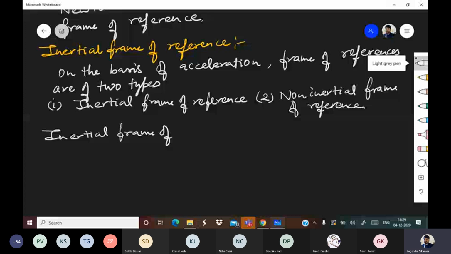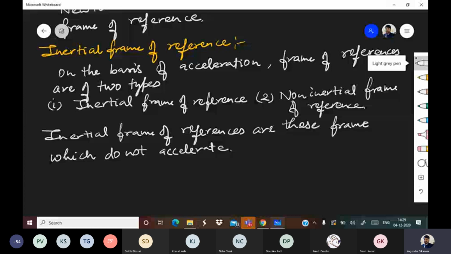Suppose an object is observed from someone who is at rest, then that frame will be called an inertial frame of reference. Or if an object is observed from a frame of reference which is moving with constant velocity, then also the frame of reference will be called an inertial frame of reference. Why? Because anything which is at rest has zero acceleration, and anything which has constant velocity is also an inertial